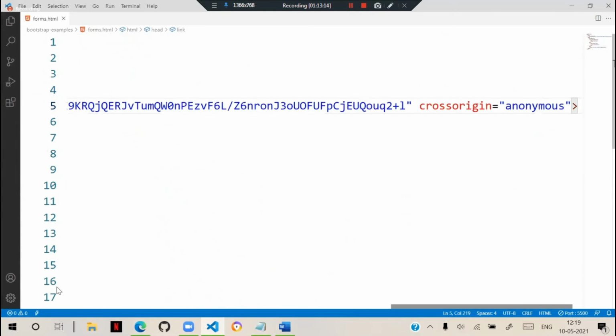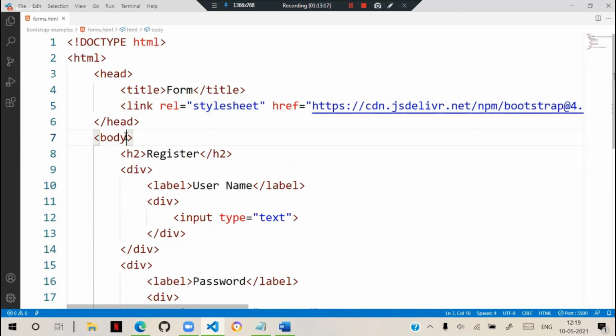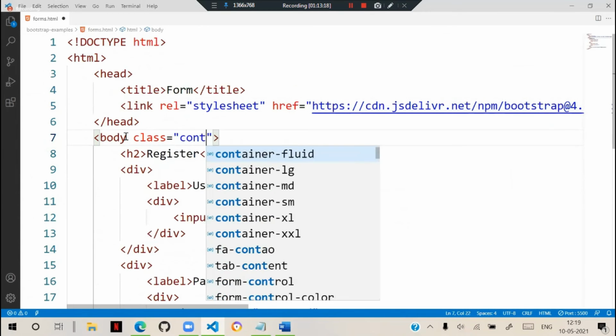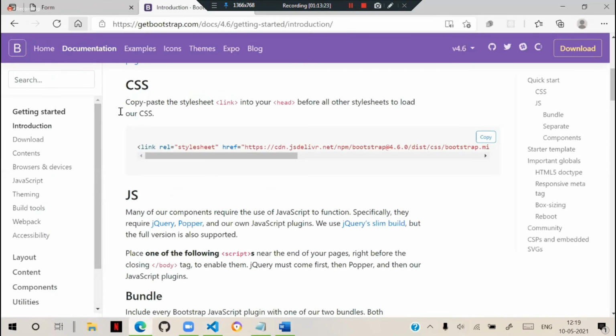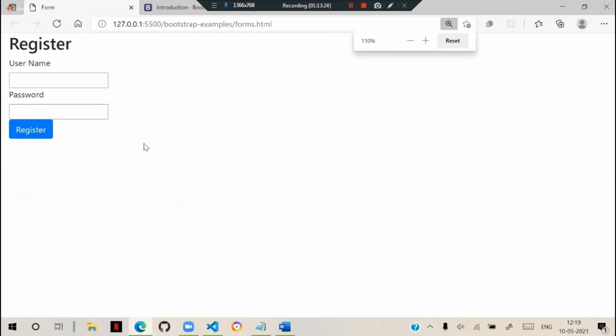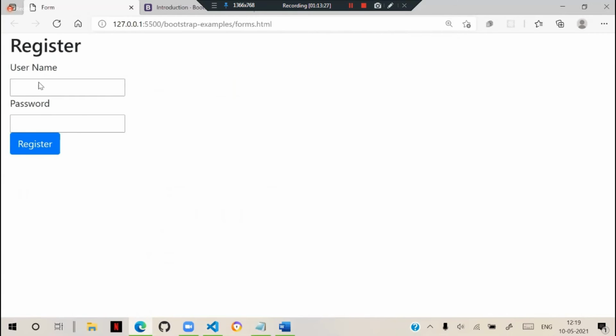Now in that we have class container-fluid. And still you see the appearance is like this. We want some distance between every group, like username one group, password another group, button group.